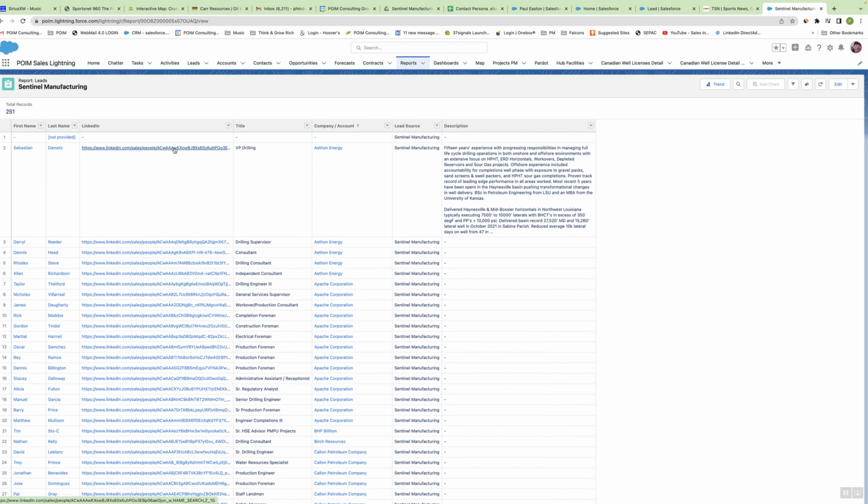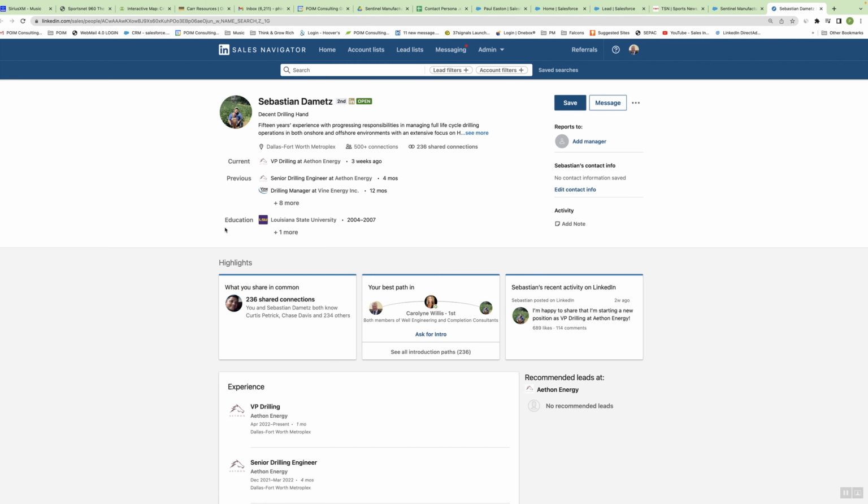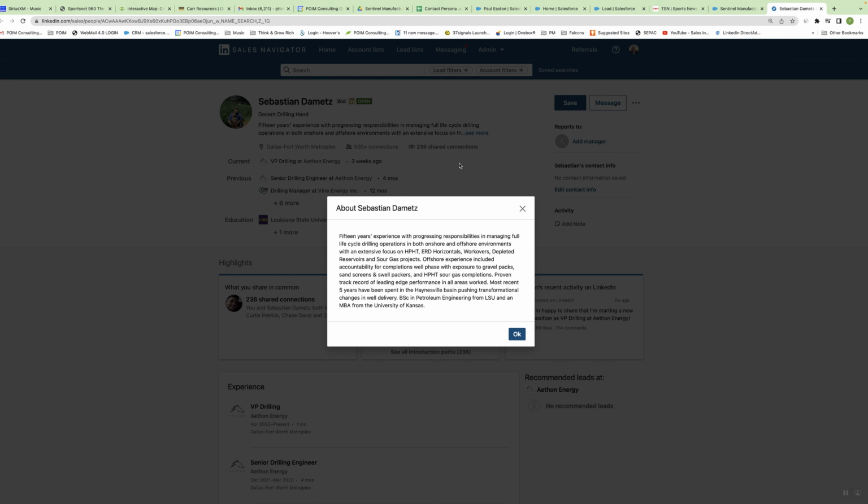So if I come in here and I click on this link, I don't have to hold the control key down or anything like that. I can just click on that link, and then it will come up, and there's the individual. The first thing we want to look at here is the top, in the about area, and if there's some information, I'm going to get you to copy it, Control C,